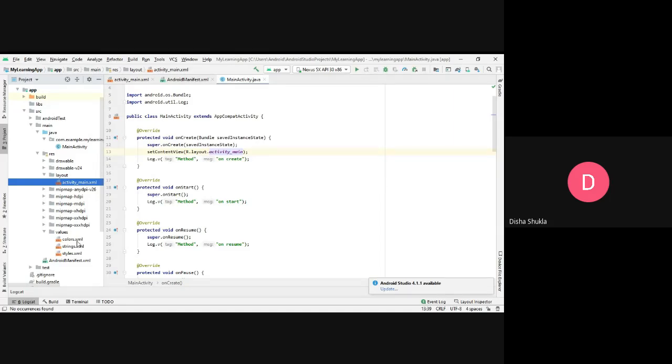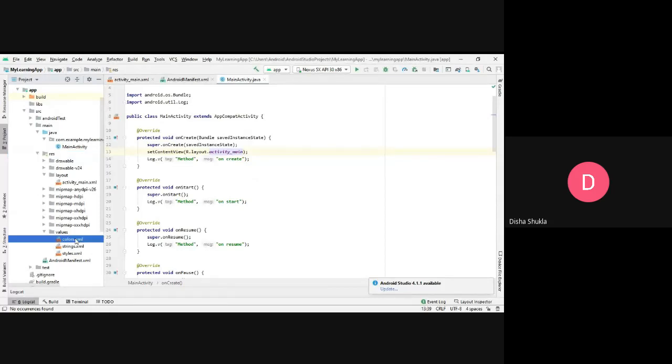So you can relate the name here that we have the resources. Resources is something that you will be using, the external things that you will be using in your project. So these are the external things, that is the images that you will be using, or some other, what do you call, strings, or the styles that you want to use. All those things will be mentioned in this resource folder.